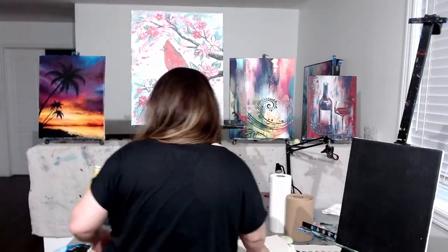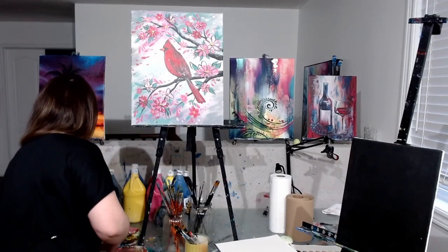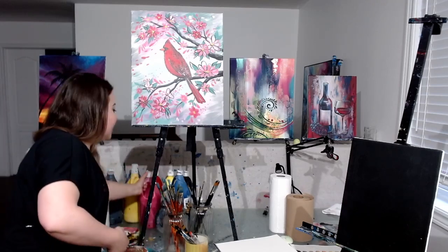So let's do that. I'm gonna take some white paint here. And I'm going to take some red. And my red is more of a magenta red. So that's actually important about colors too, is that we use only primaries, but it's important what kind of primaries there are. If you have primary red, primary blue, primary yellow, great. But if you don't have those available and you have all those different shades and you're not sure which blue is the right one, which red is the right one,